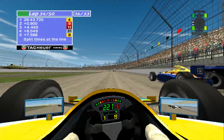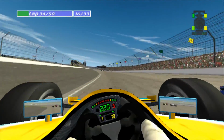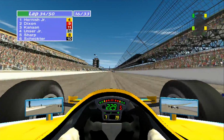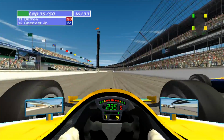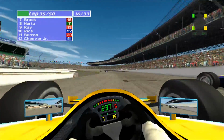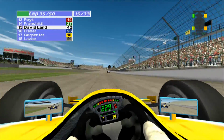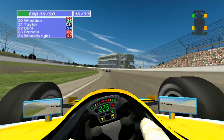Alright, so Sarah Fisher to the outside. That was Buddy Lazier behind. And now in mix 7, let's go for it. There's Fisher moving to the outside. And can we take it flat in turn 1? Yes, flat-footed. So now it's just going to be a matter of